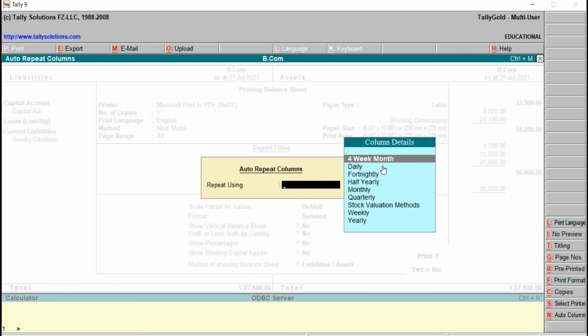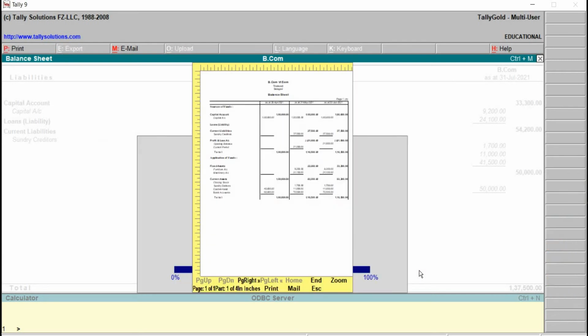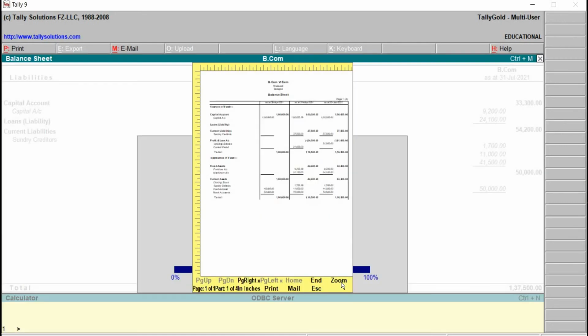Column details, we can select daily, monthly, or it can be weekly or yearly. Select monthly. Print question mark, press yes. Later we can click on zoom. To come out, escape. Later we can click on the print command. This will go for taking the hard copy printouts.